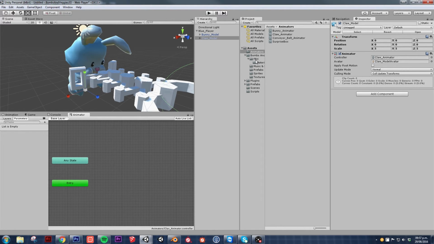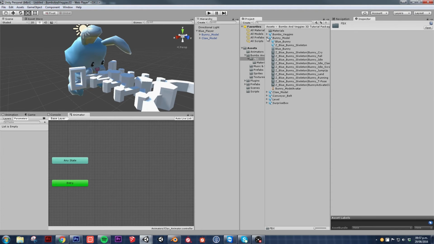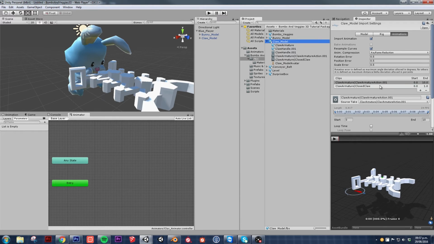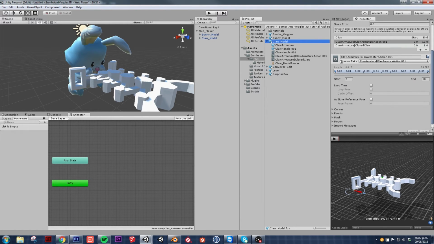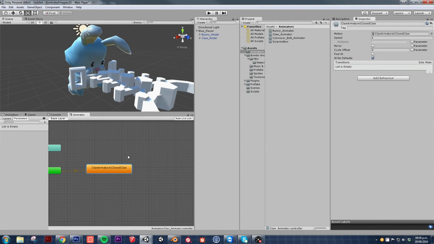In our case, it only has 2 animations. So let's go to bumps and veggies, music, no, FBX, close this bunny model, and open up the claw model. And as you can see, it only has those 2 animations and a close claw. So that's it. Let's grab our closed claw animation, and we're gonna use this one as our default,